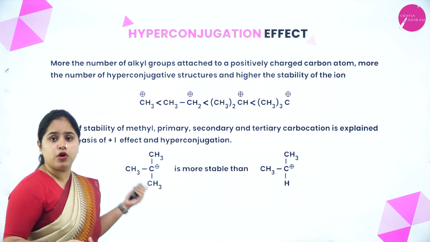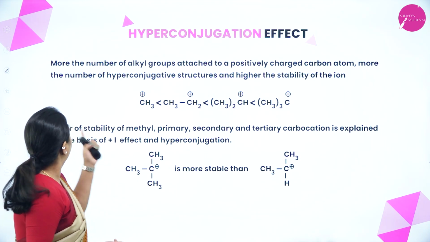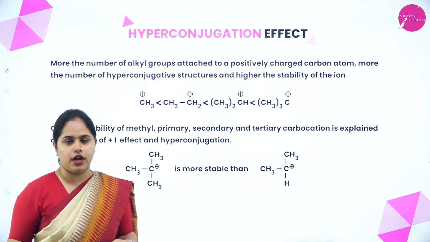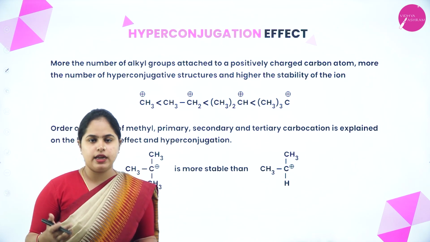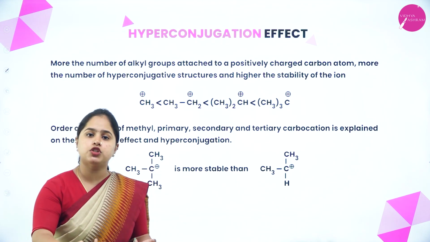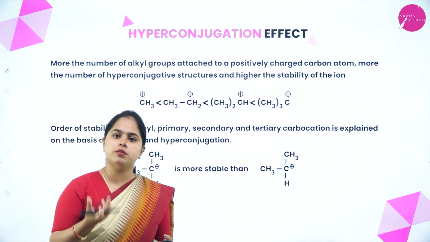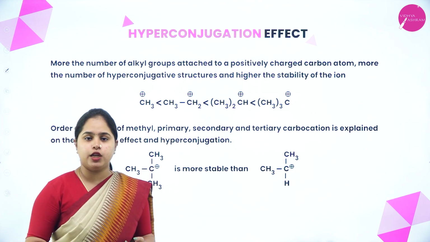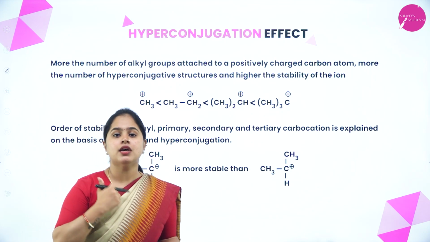Now, the more the number of alkyl groups attached to a positively charged carbon atom, the more the number of hyperconjugative structures and the higher the stability of ions. So more alkyl groups means more electrons will be there, right? So more electrons can be given to the electron deficient carbon atom. Carbocation means they are electron deficient, right? So the more number of alkyl groups, the more will be the hyperconjugative structures and the more will be the stability of